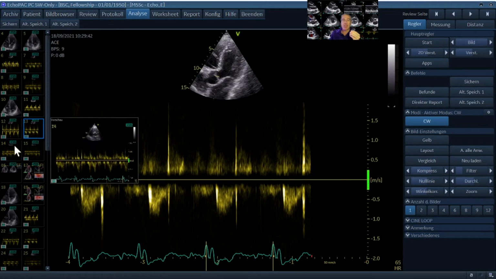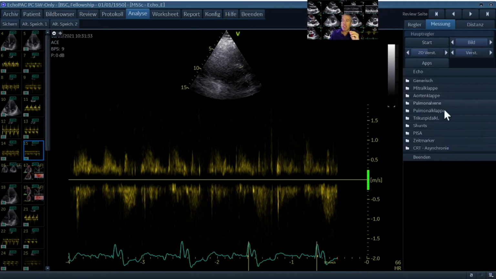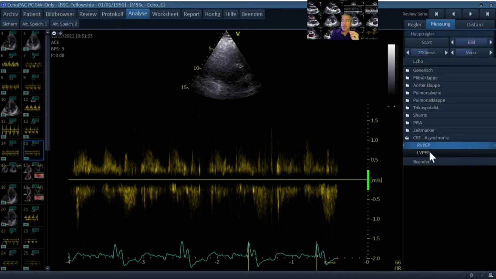Let me choose here maybe the continuous wave Doppler. We have clearly a poor tracing, but you can appreciate the onset, and that is important, the onset of outflow. There is a small artifact. And if we measure here, we can measure the right ventricular pre-ejection interval or pre-ejection period, and we measure this